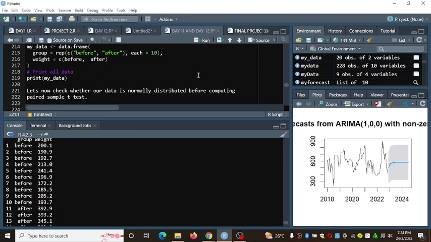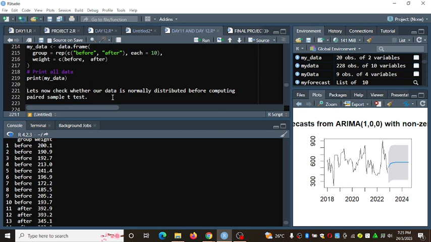But now for my case I have included the normality test for this particular data. I want to see, are these data normally distributed?